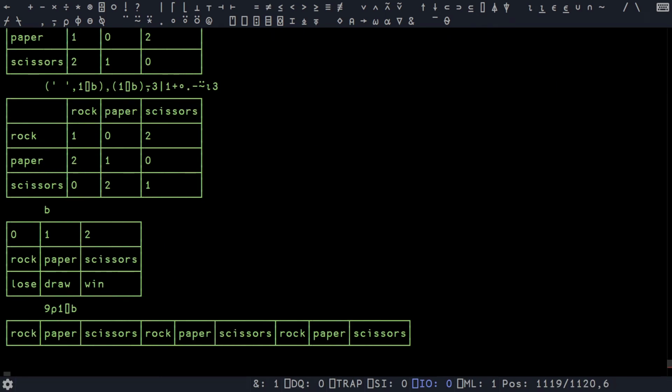Here we determined that every element wins against the element directly preceding it and loses against the element directly in front of it. So if we do mod 3, this negative 1 then becomes a 2,